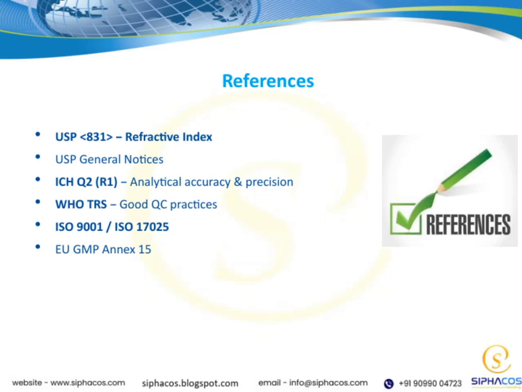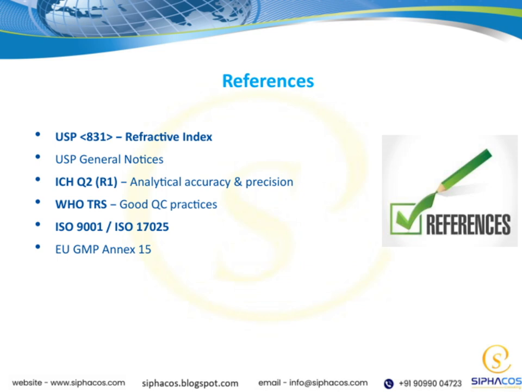Let's take a moment to look at some key references that underpin our quality and compliance framework. First, we have USP 831, which covers the refractive index, a critical parameter in many pharmaceutical analyses. Then, there are the USP general notices, which set general guidelines and principles to ensure consistency across tests and methods. Moving on, ICH Q2(R1) is fundamental for understanding how we assess analytical accuracy and precision, ensuring our methods are reliable